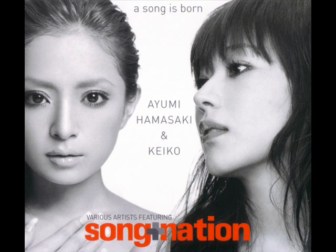This time I'll be analyzing the cover of Ayumi Hamasaki and Keiko's single, A Song is Born. Alright, so when I first look at this single cover, I notice that it's a beauty shot. It's a beauty shot of two women,